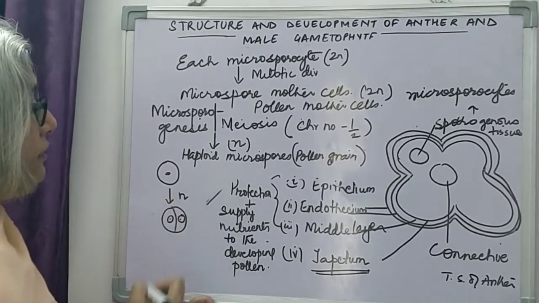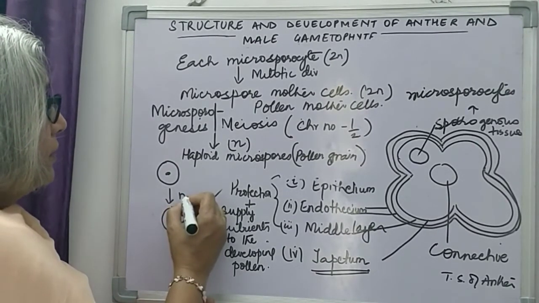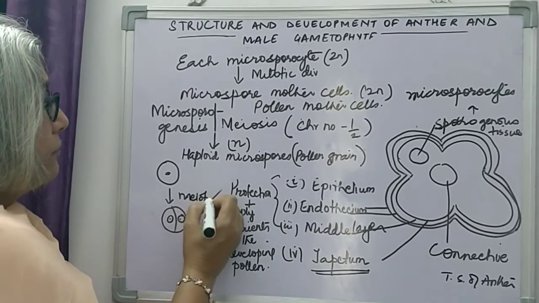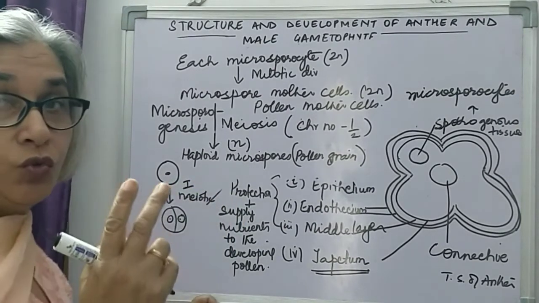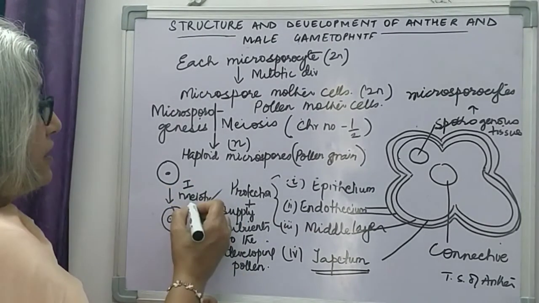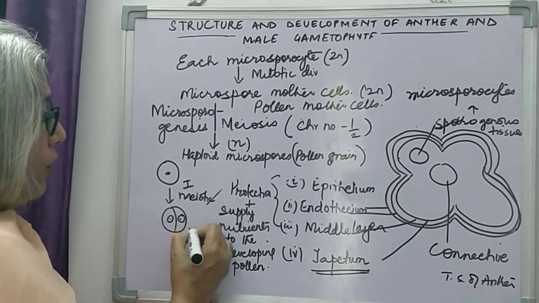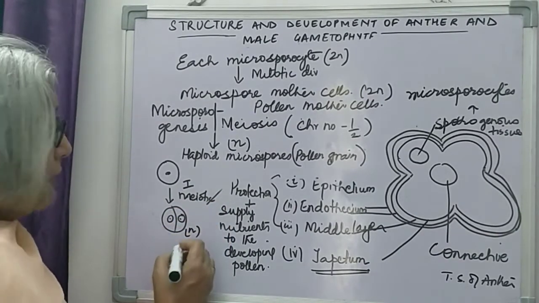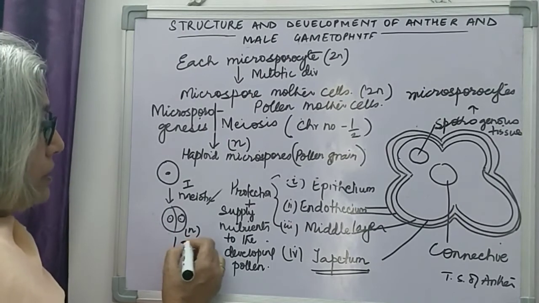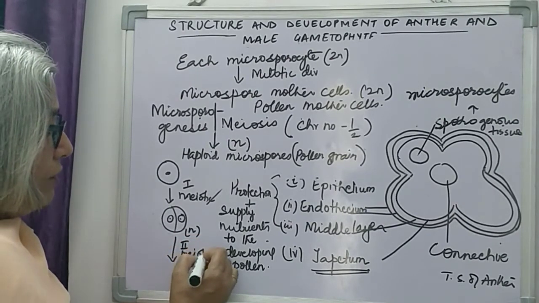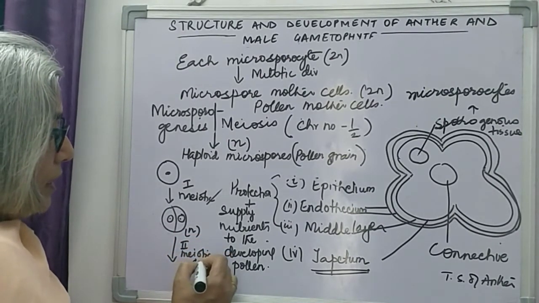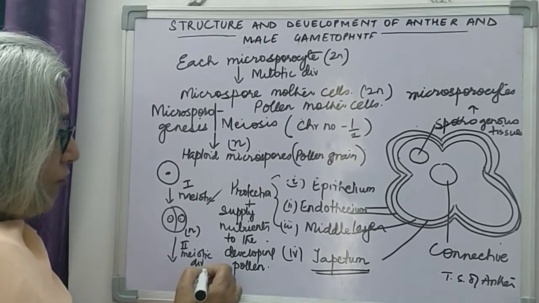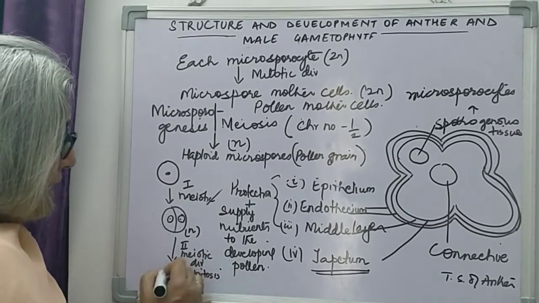Here, this is the first meiotic division. Meiosis occurs in 2 phases. The first phase is where the cells become haploid. Now these 2 cells are haploid. Then this undergoes the second meiotic division, which you have studied earlier, a kind of mitosis which leads to the